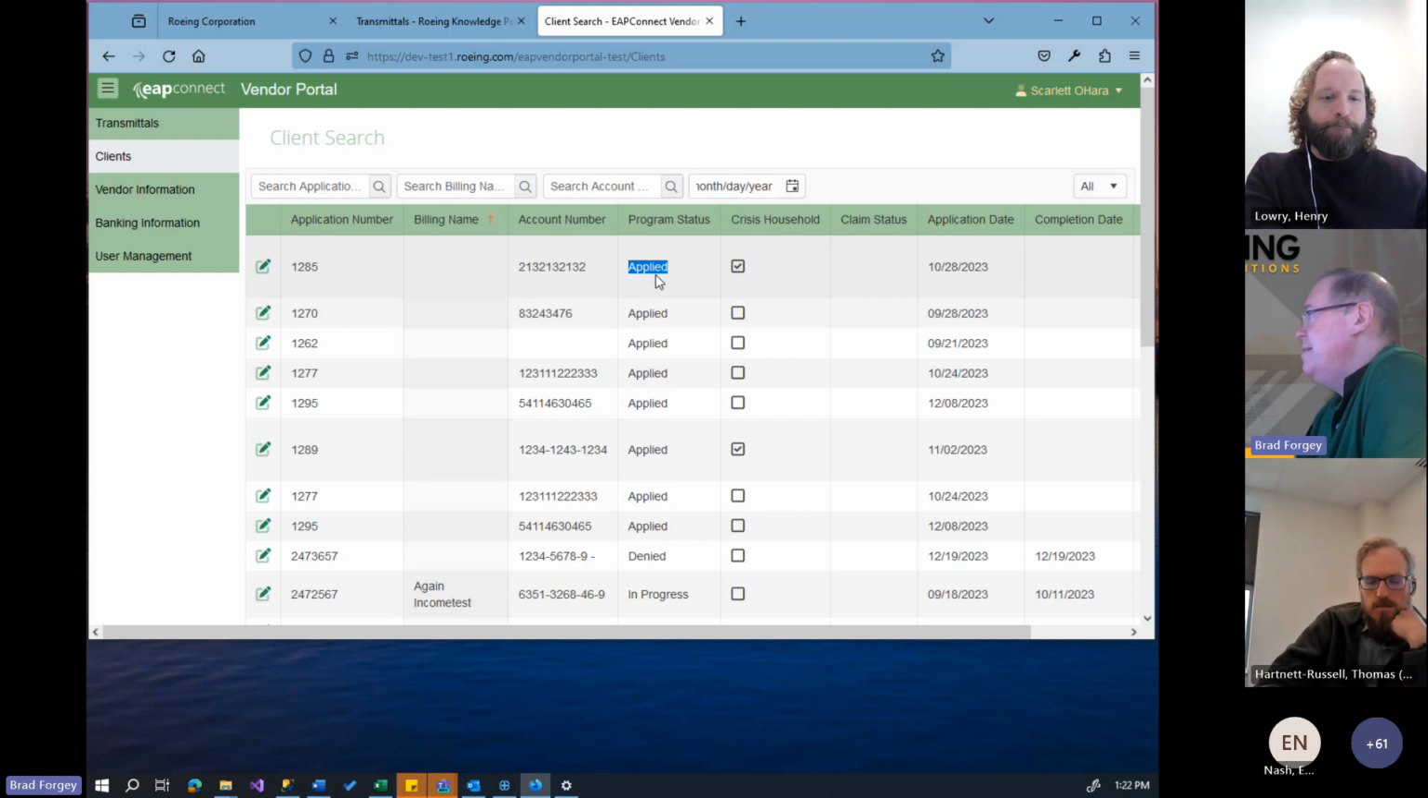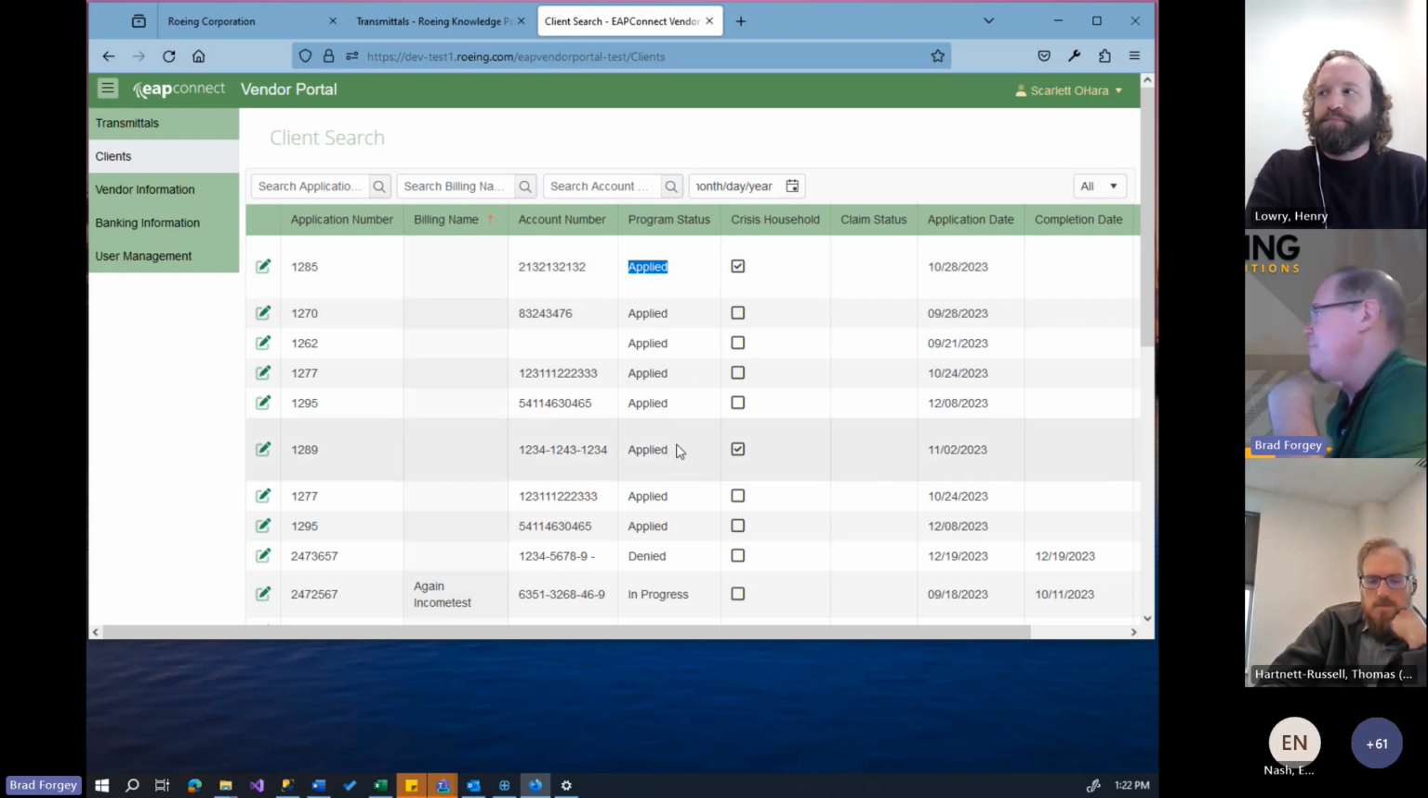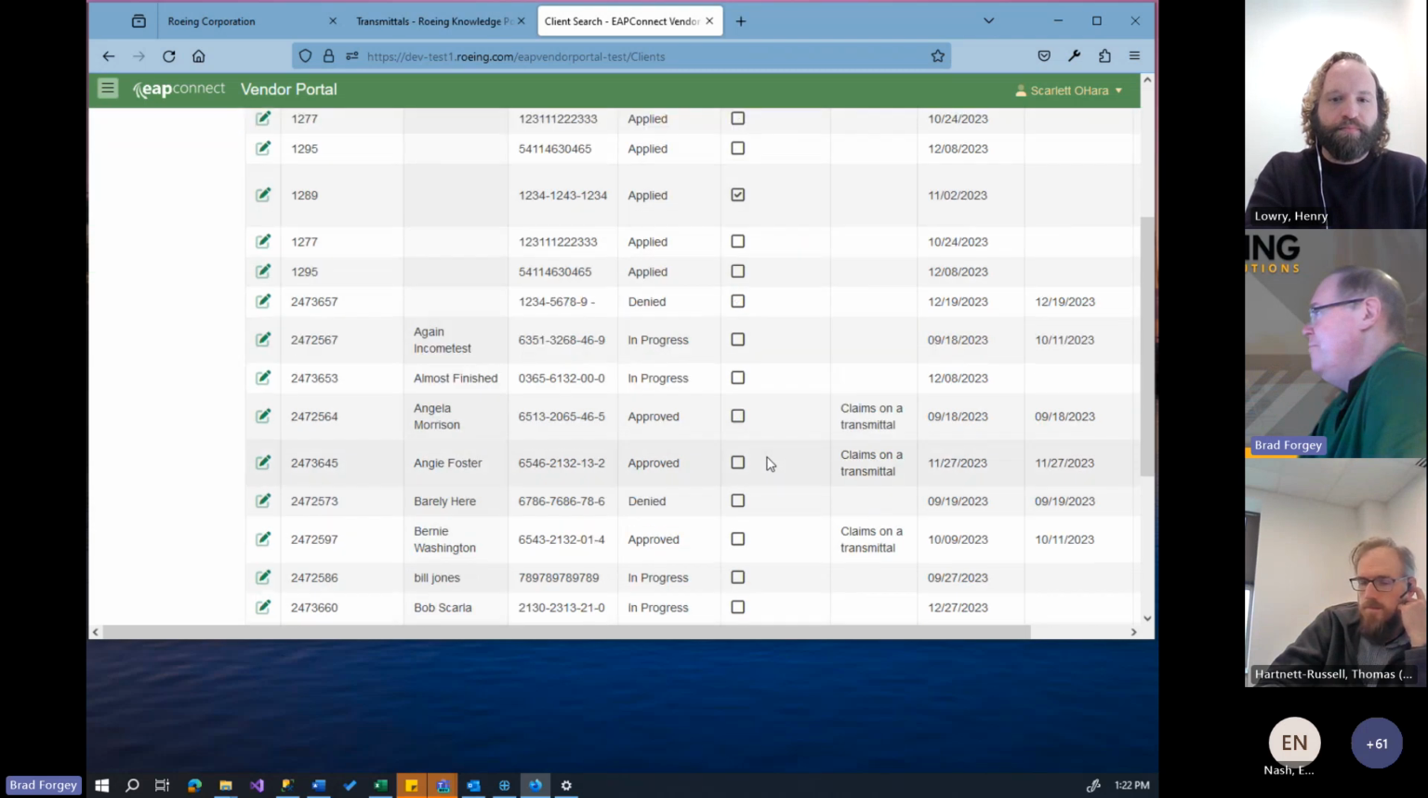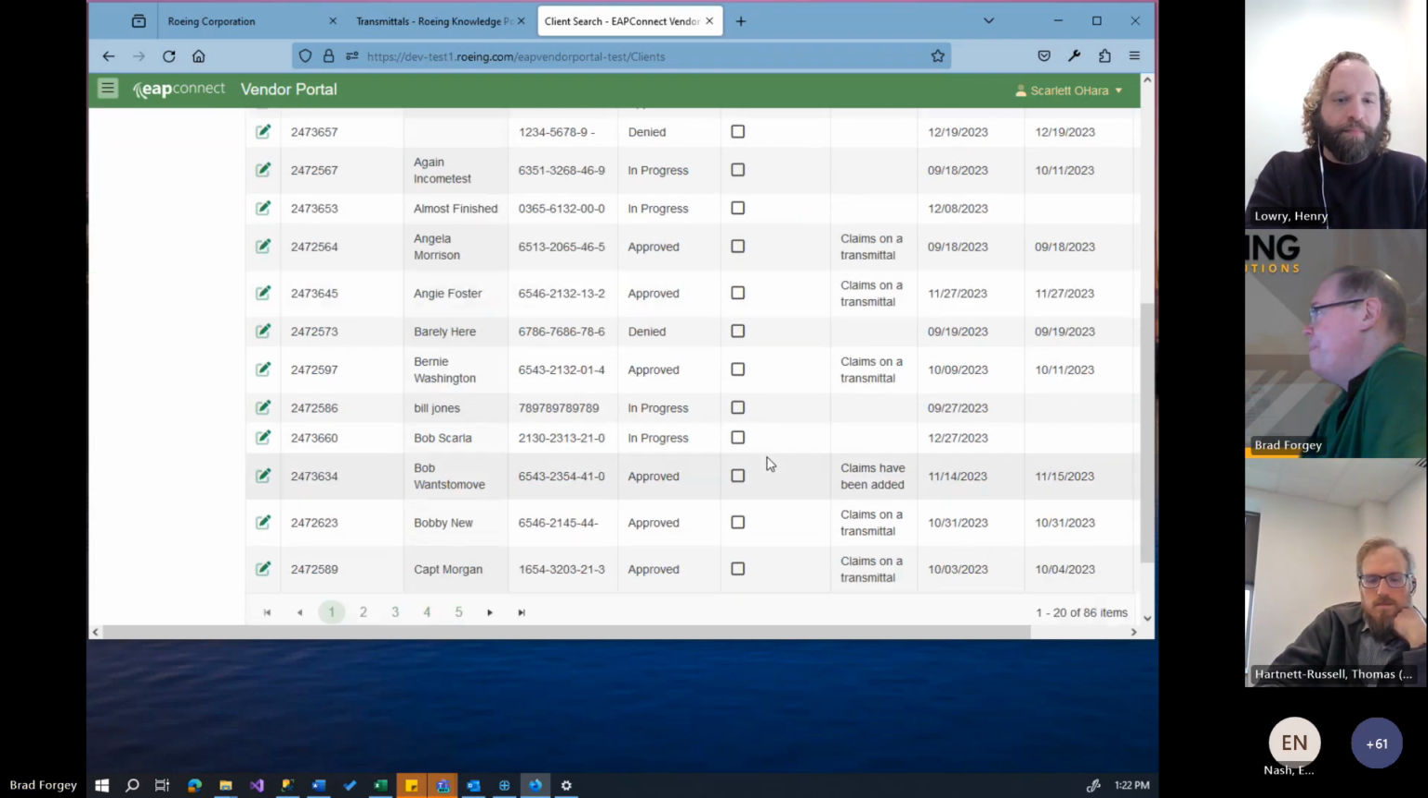So you can see any of these applied has not been taken by the LSP to be worked. You can see whether the client indicated they're in crisis. And then as we go down through the list, you'll see applications that are in different statuses. So here's one. No one put in a billing name, but I've actually got a denied application, so you can see those. So here's a barely here person